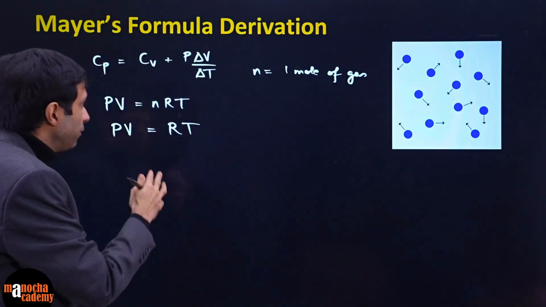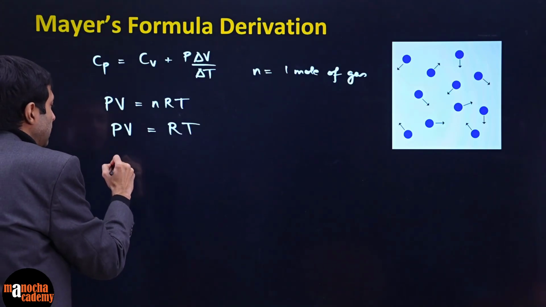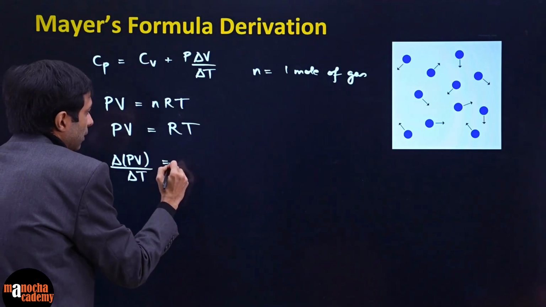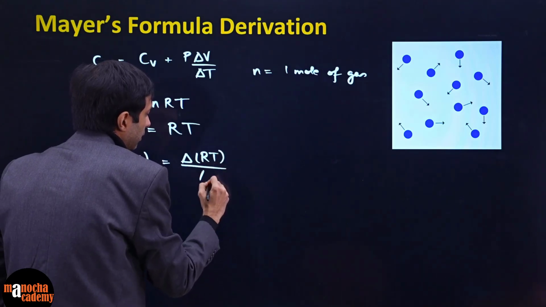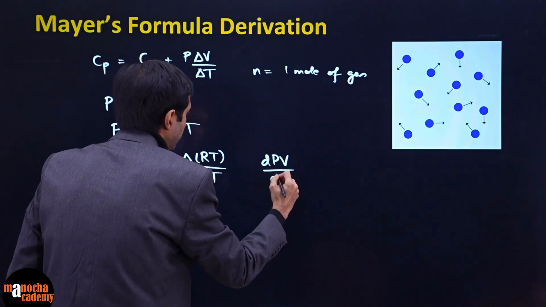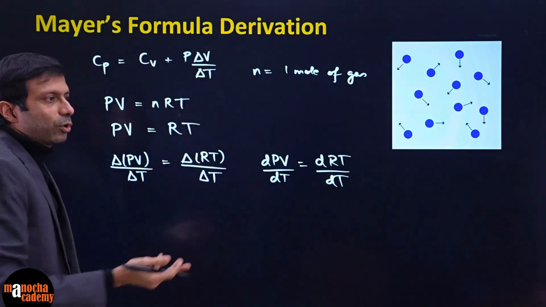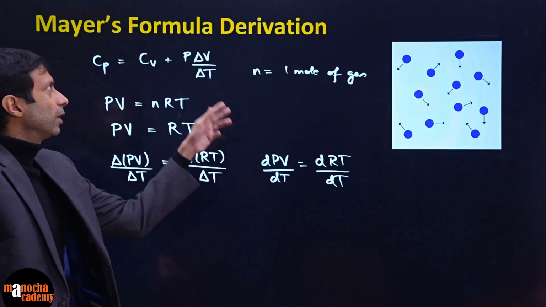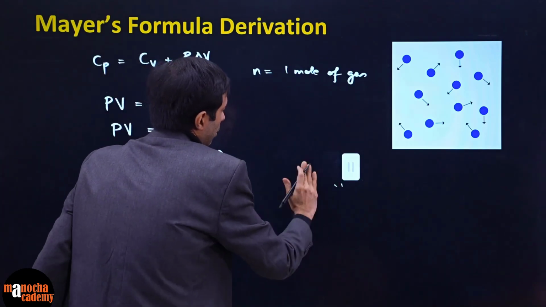So what if I differentiate both these equations with respect to delta T? So if I say delta PV by delta T is equal to delta RT by delta T. You can think in these terms, or you can think of it as dPV by dt. We are basically doing a D capital T. Some books use this notation, some books use delta notation, whichever is preferable in your school. Both are the same thing, right? You could have done everything in terms of D or delta, basically changes. So they are the same thing.